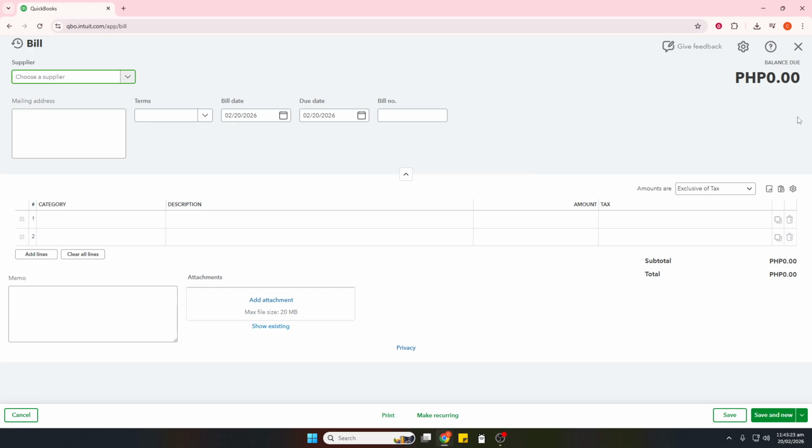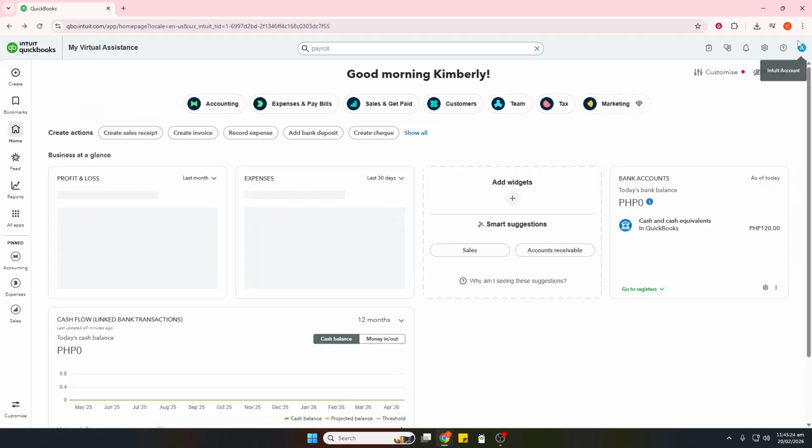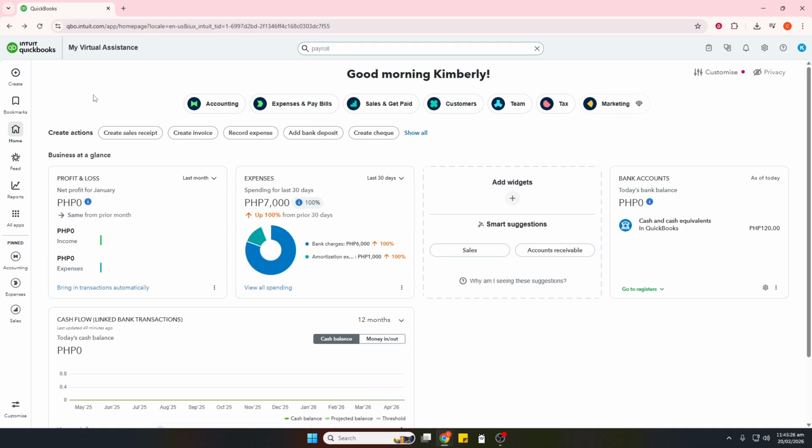QuickBooks will link the payment to the bill and update your accounts payable automatically. After saving, the bill's status will show as paid and the vendor's balance will adjust accordingly. If needed, you can open the payment later to review details or reprint the check. Before you move on, quickly confirm the correct bank account and payment date are shown and that